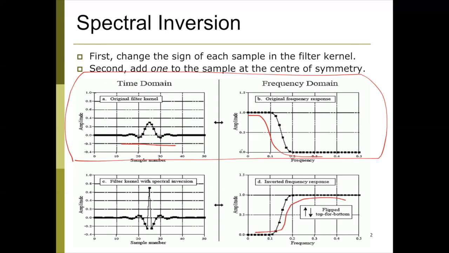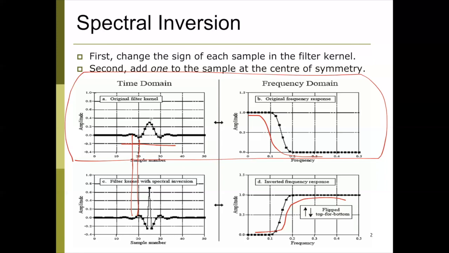To do that, you just need to do some magic operation on the filter kernels. The filter kernel is changed as described here. First, change the sign of each sample in the filter kernel. If it's positive, it becomes negative. If negative, it becomes positive. And second, add 1 to the sample at the center of symmetry, because the